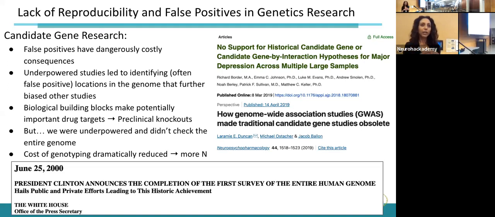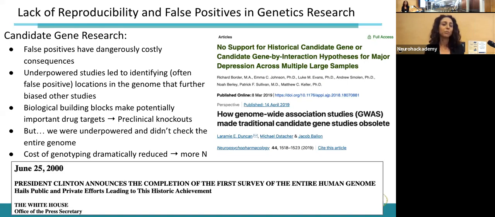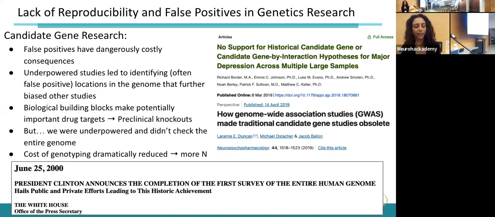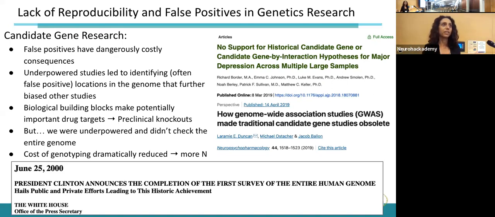And then because these are building blocks that can easily be targeted for treatments, there are a lot of follow-up studies for these genetic findings. You would look more into case control associations of certain genetic differences. You'd look at preclinical mouse models, knockouts. But if these are all underpowered, and we didn't even check the whole genome at this point, there were quite a number of studies that hadn't collected the information on the entire genome.